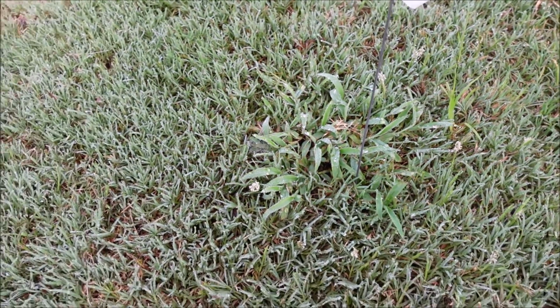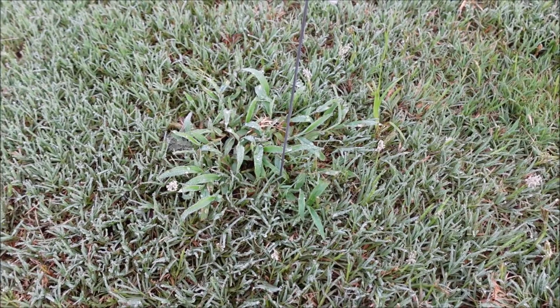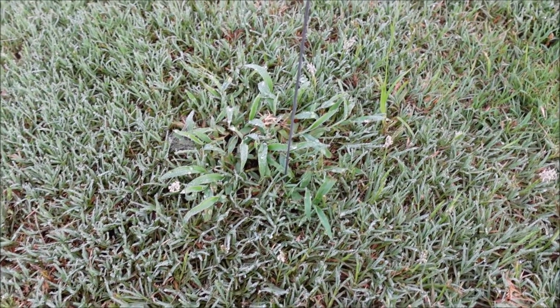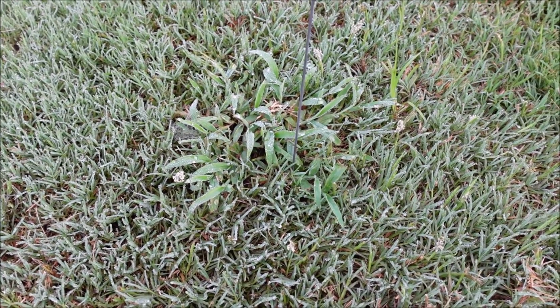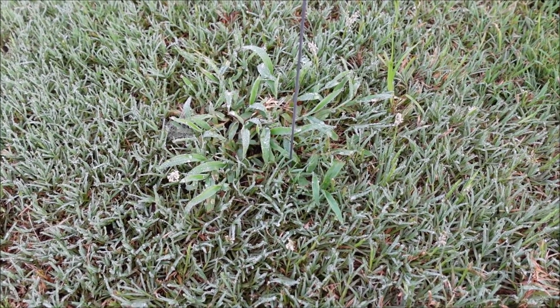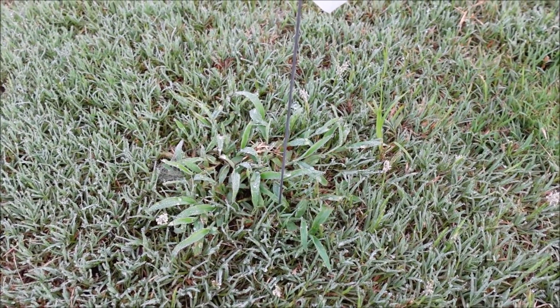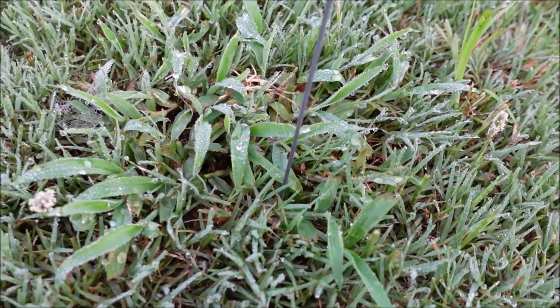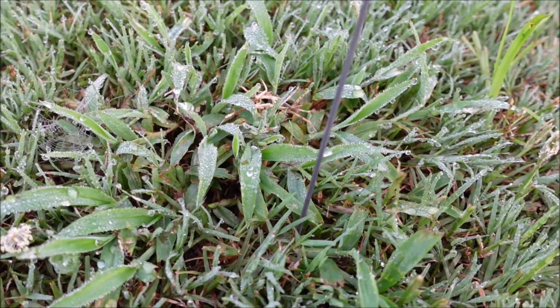Now I will say it's difficult to control in the summer, so it may suppress the growth, it may not knock it out completely, it may take multiple applications to totally kill it, but we're just going to try it and see how well it works. Again, the best practice with crabgrass is to prevent it with a pre-emergent, but I want to see how well Solitaire works in the middle of the summer, which is probably the most difficult time of the year to kill